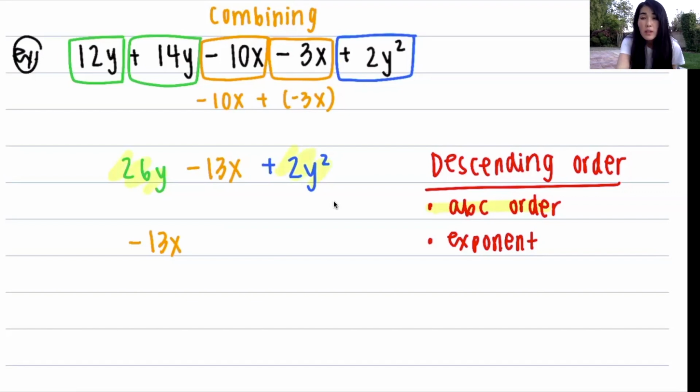When that happens, think about, again, descending order. The next thing you look at is exponents. So if you have two things with y's, whatever one has the highest exponent goes first. So in this case, this guy right here, he has a higher exponent. 2 is higher than that 1. So then you would do again, bring the sign, plus 2y squared, and then that 26y would be last. All right, notice that there is no sign on it though. Remember, this is an expression, so we want to put in the sign. This is a positive here, so indicate that with your plus sign, so plus 26y. All right, and so again, that is your final polynomial in descending order, so make sure that you're watching that